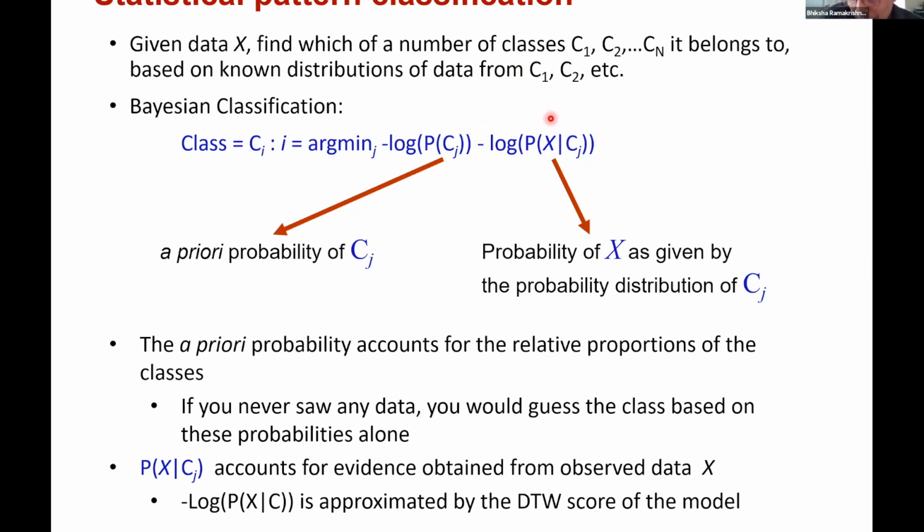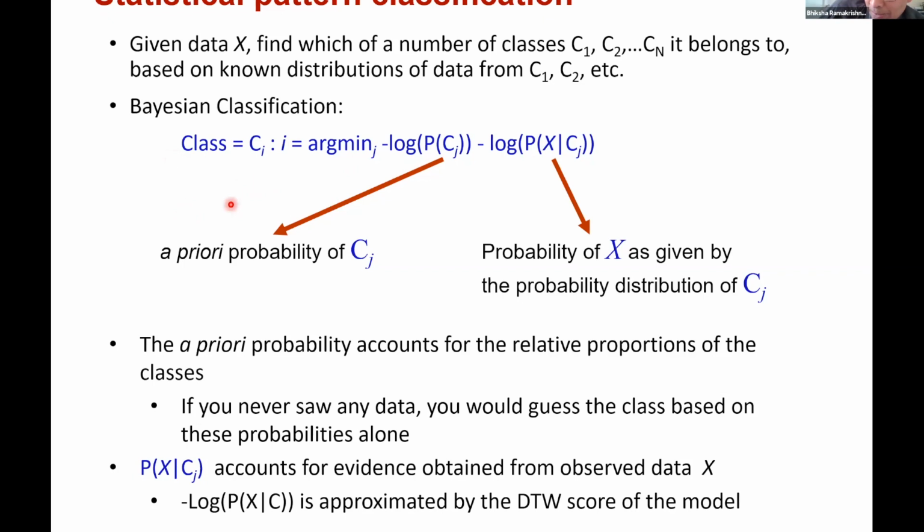And that's why we could also model the transition scores as negative log probability. And so once I do this, the whole problem of finding which word was spoken becomes a problem of Bayesian classification. Now, this is the second key concept that we're going to bring in. In Bayes classification, you're always picking the class which is most likely given your input. So in other words, you're going to pick the class for which the probability of the class given the data is maximum. I can write it as saying the class for which the log probability of the class given the